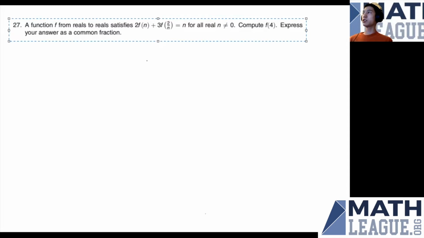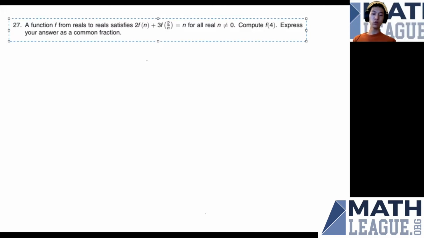The question is, how do we do this, right? You have a function, and what is this function? We have no clue what it is. So what could we do? Well, you could guess which function it is, but that's just going to be too difficult. So in times like this, just think about what you need to get to the answer, and just try everything out, and hopefully that'll get you somewhere.